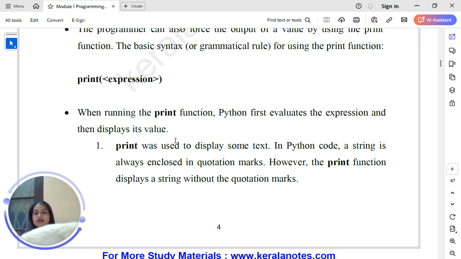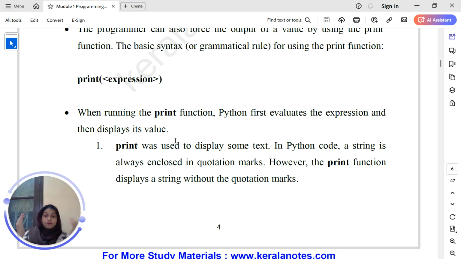Now we have certain rules for it. Print is used to display some text. In Python code, a string is always enclosed in quotation marks. However, the print function displays a string without quotation marks.